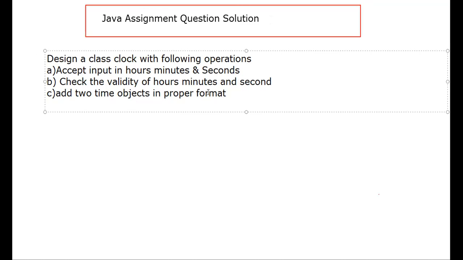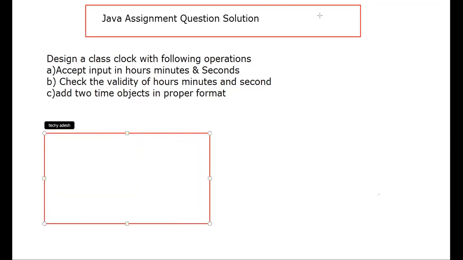First of all, I'll try to explain the structure of the program. The question is to create a class, let's say Date.